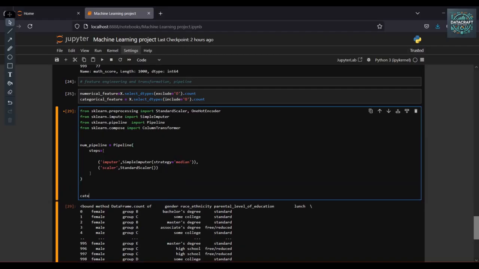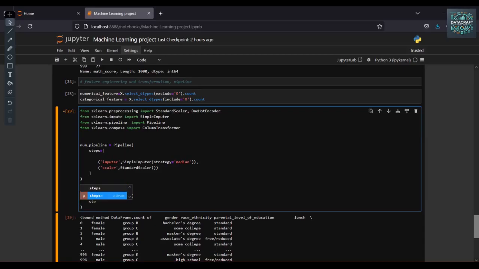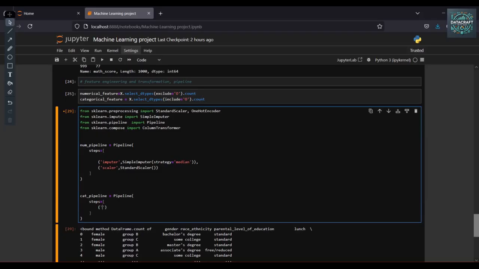Okay, now the categorical features, categorical pipeline. Step 1, the imputer, which is the SimpleImputer, with strategy most frequent.